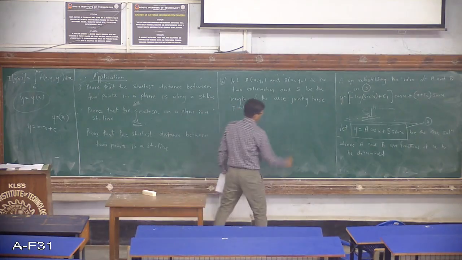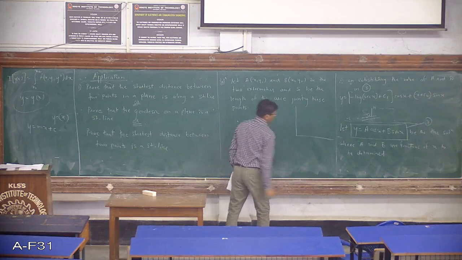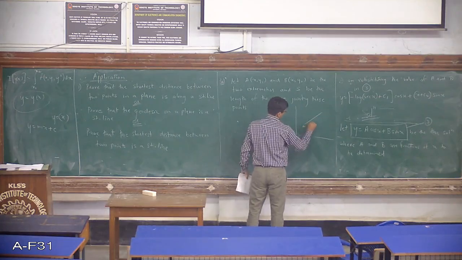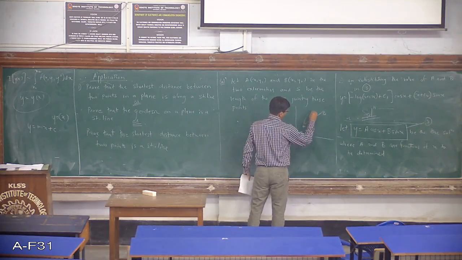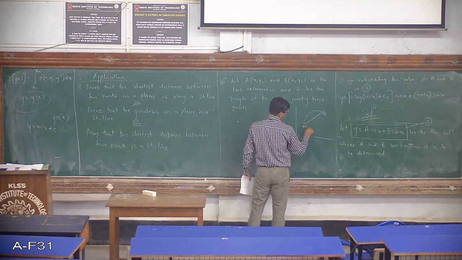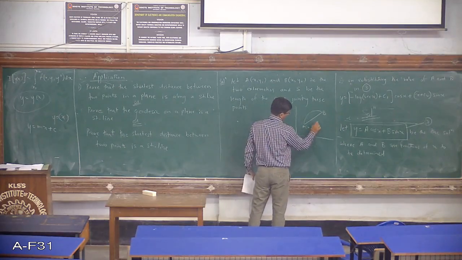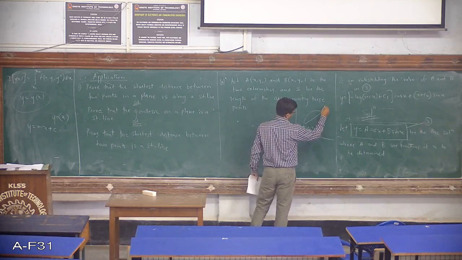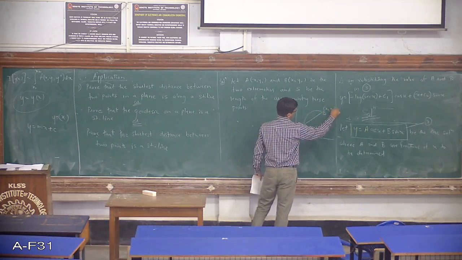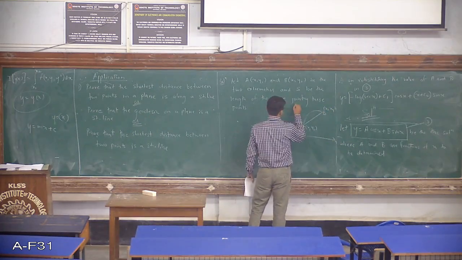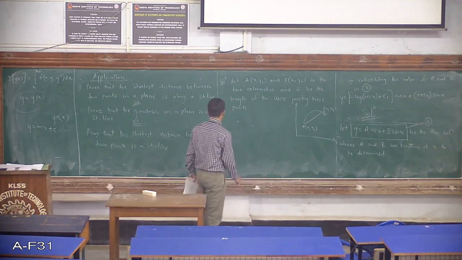So what I'll do is, I will take this coordinate, I will take the point A and I will take the point B, and I will take a curve like this, right? So the coordinate points of this is x1 and y1, and the coordinate points of this is x2 and y2. This is my x and this is my y. Then